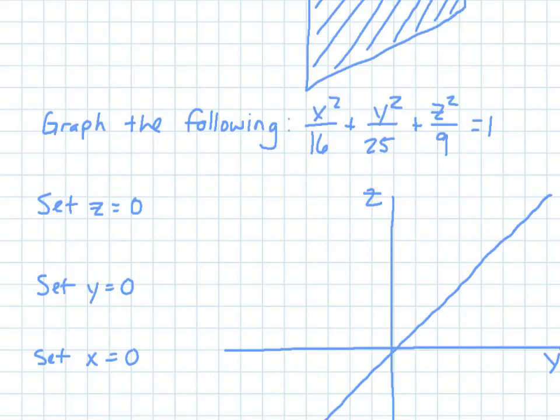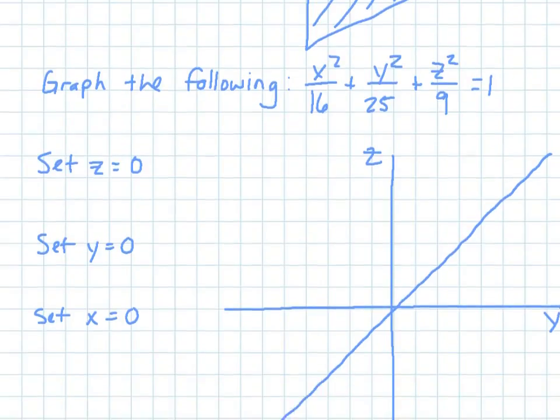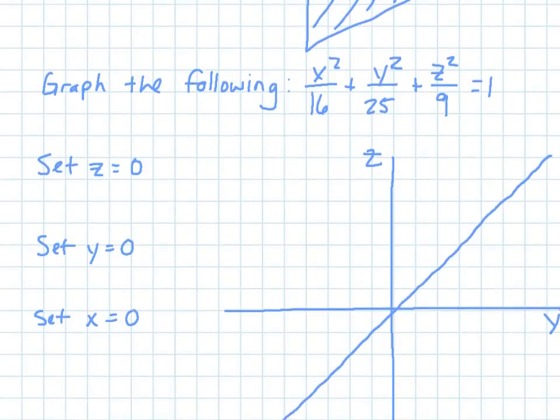But I do want to start talking about what graphing would look like. Here I have an ellipsoid equation: x squared over 16 plus y squared over 25 plus z squared over 9 equals 1. How I would graph it, like I said, is to use well-chosen planes. I'm going to look at my traces, where cross-sections happen in the xy plane, the xz plane,